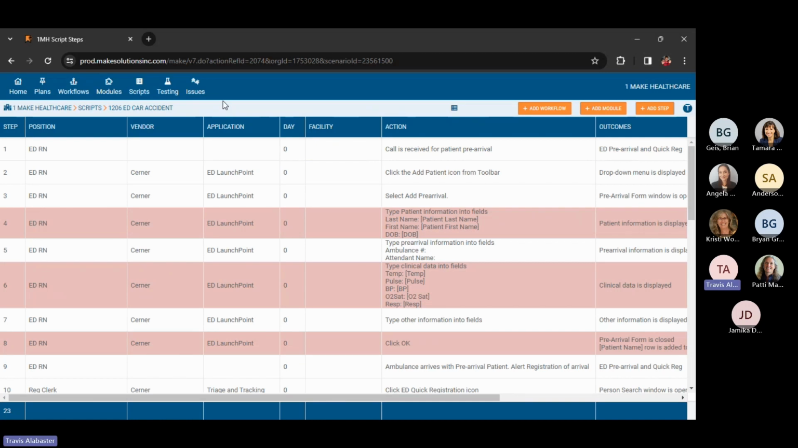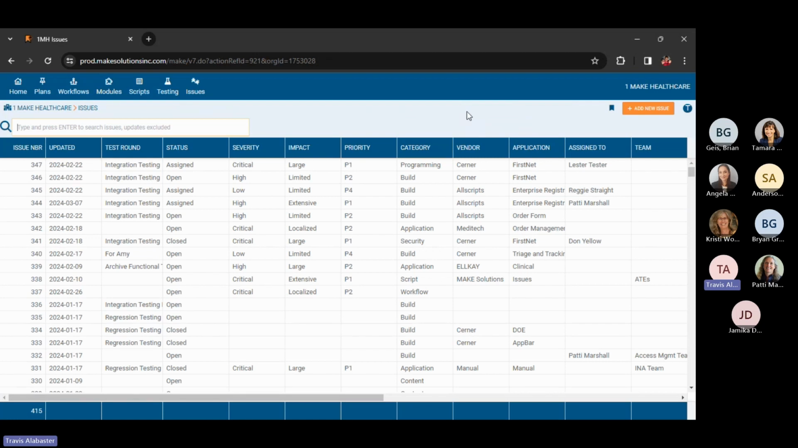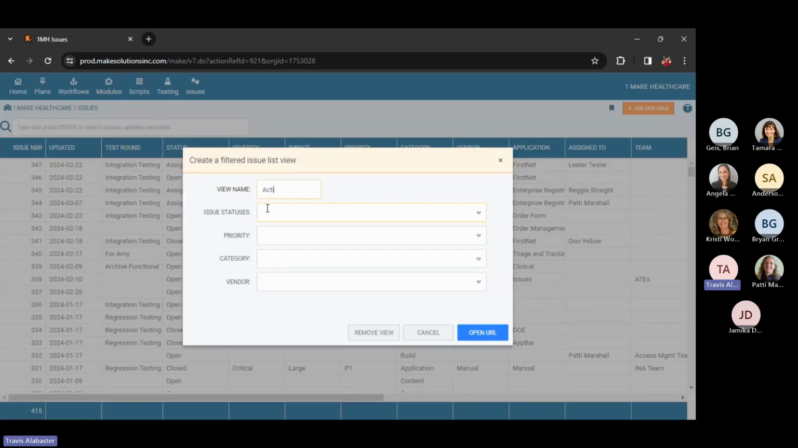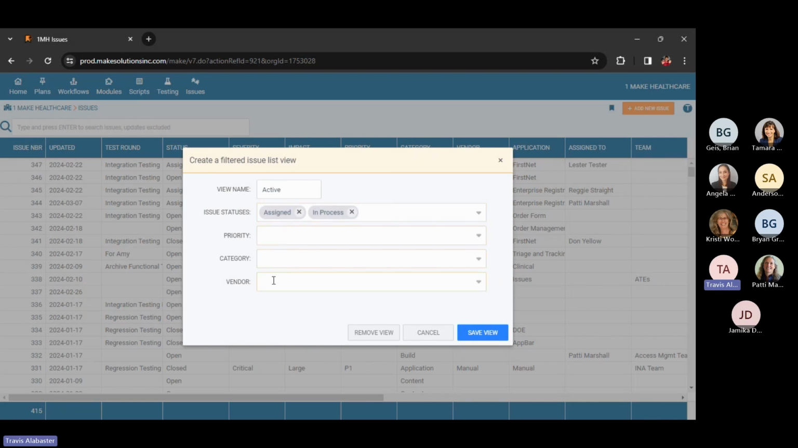The other question that we had was using bookmarks on your issue page. I'm actually going to create a bookmark for everyone so you can see how easy it is. If you are looking to sort your issue list, it's fairly easy, you can create what we call a bookmark. If we're looking for any active statuses, we can click assigned and in progress. If you leave these blank, it will search all of the